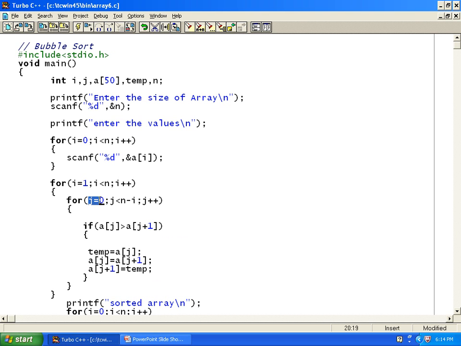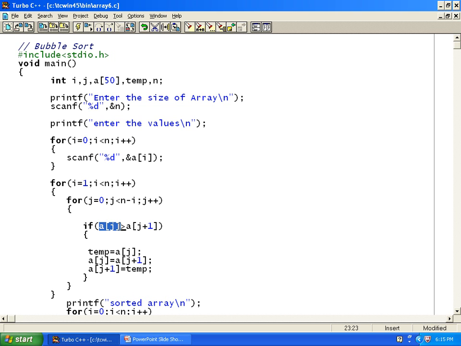When j is equal to 0, 0 less than 4 is true, so it enters the loop and checks the condition on a of j. Now j is 0, so it checks whether a of 0, the first value in the array, is greater than the next value, a of 0 plus 1, which is a of 1.